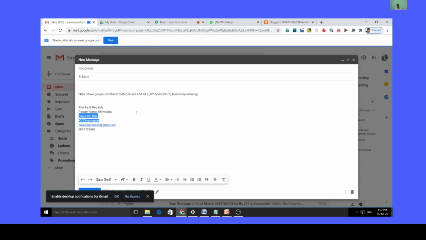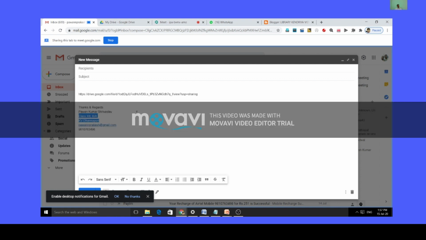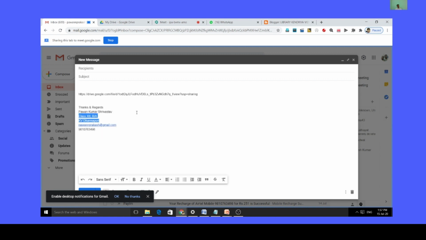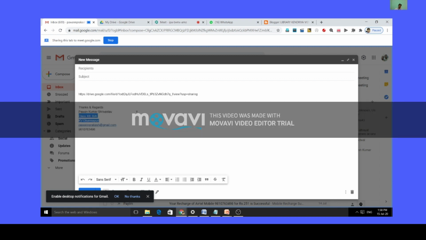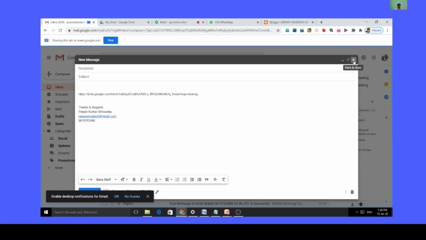So whenever you are sending any email, let's suppose even if you are sending an email to your class teacher or subject teacher, every teacher has so many students, so sometimes it is difficult to identify the students, which class or which section they are from. So in these kinds of situations, the signature will help him in identifying who you are. You can also mention your roll number while you are communicating with your class teacher or the subject teacher, so that he identifies you very well. So this is another part of the email, the last part of the email.